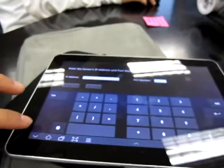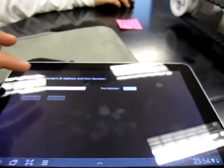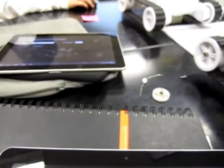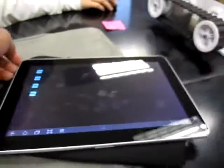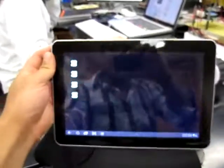So going back to the app, got some cool features on here. Let me just disconnect from the server with this tablet. All right, so my server is waiting for another client. It's going to be this client over here. Going to connect. So this is basically kind of a little prototype of our